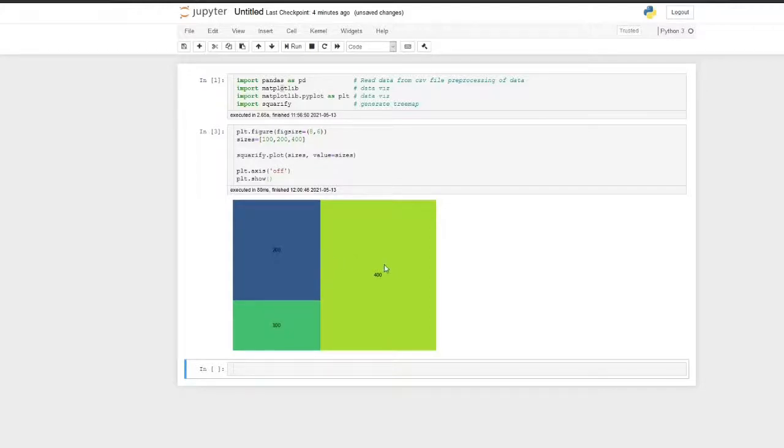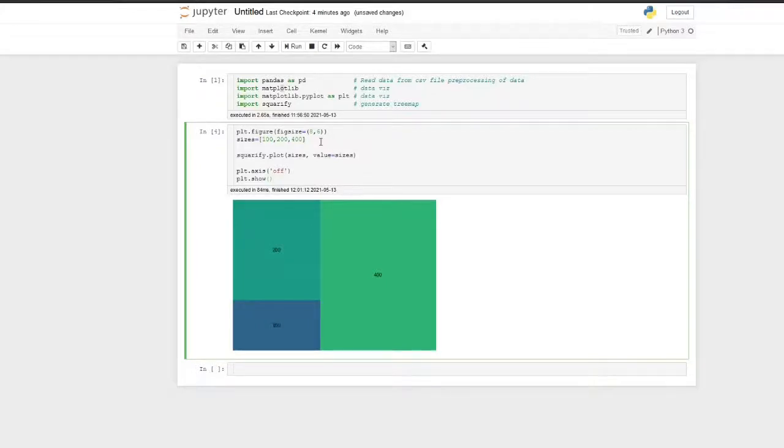Okay, so this is the new tree plot. You can see that the sizes are also displayed. Another thing you have to notice is that the color has changed. Initially when I generated the plot, it had a different color scheme, and now it is a different color scheme. If I execute this cell again, the color scheme changes again.